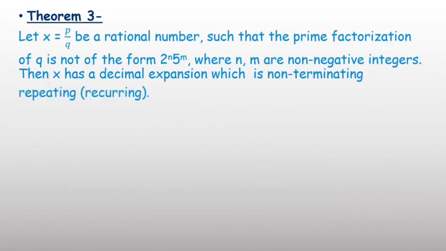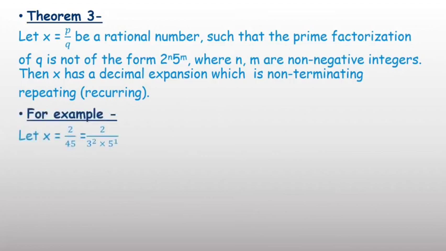For the non-terminating decimal number, there are two situations. One is non-terminating and non-recurring. Second is non-terminating and repeating. If it is a rational number, here you will get a non-terminating and recurring decimal number. Non-terminating and non-recurring means that is an irrational number, which you cannot write in the form of p upon q. Since it is a rational number, in the decimal expansion it will be repeating or recurring.